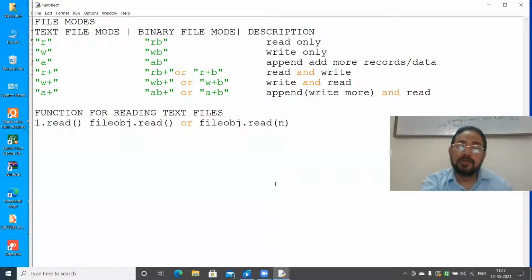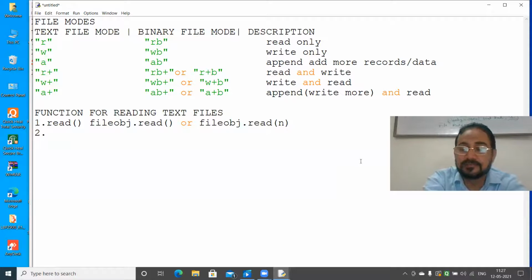If n is specified with the read function, then it reads at most n bytes. I will explain that, don't worry. First you write the functions, then I will go for the programming part.